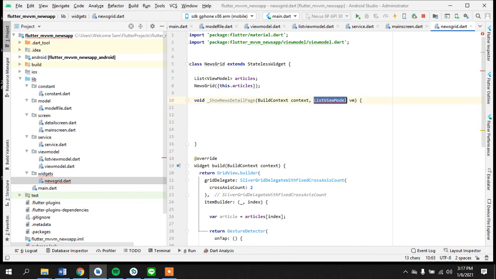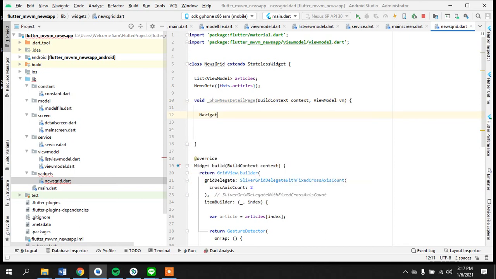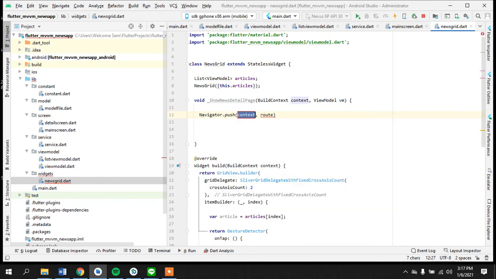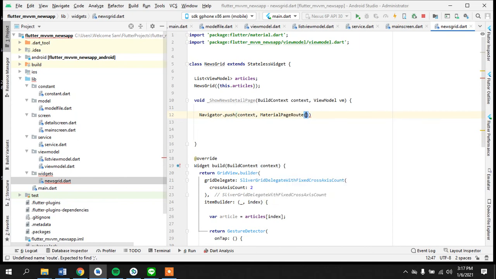Here it's going to be only view model, and Navigator.push. First is going to be context obviously, and material page route, and we can pass builder,